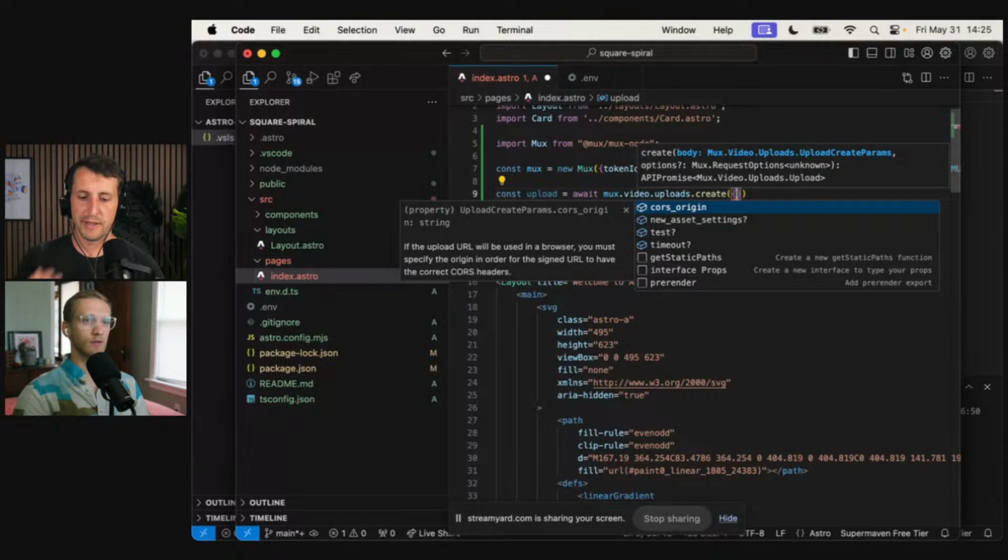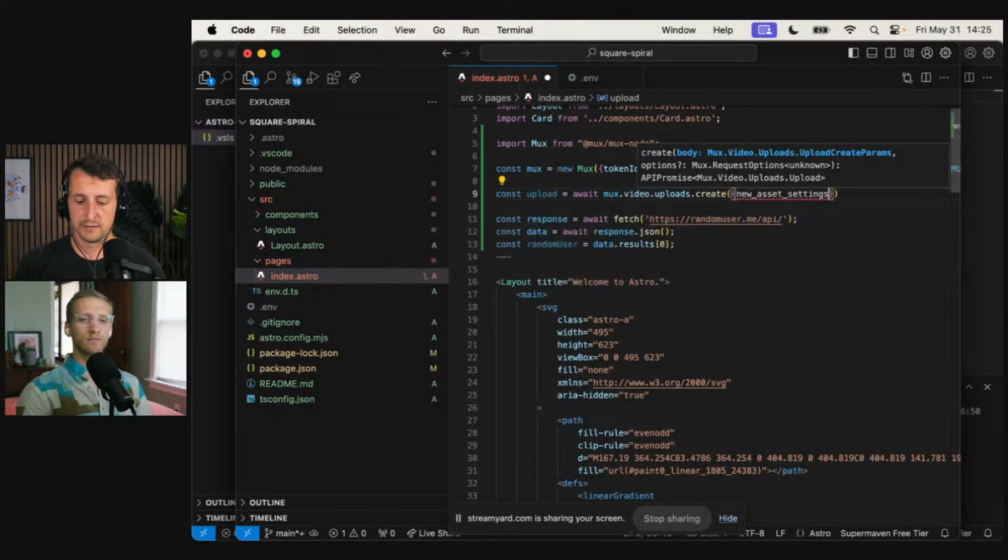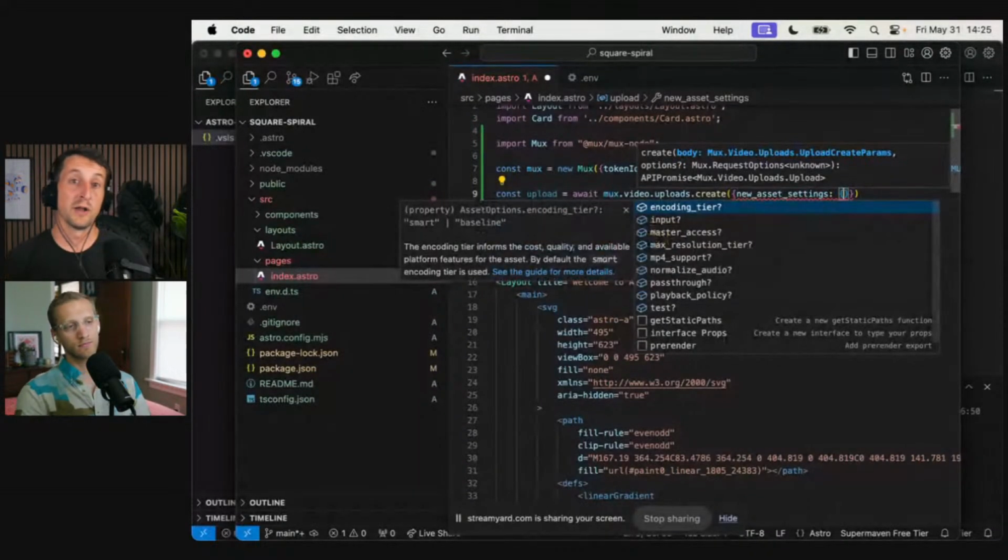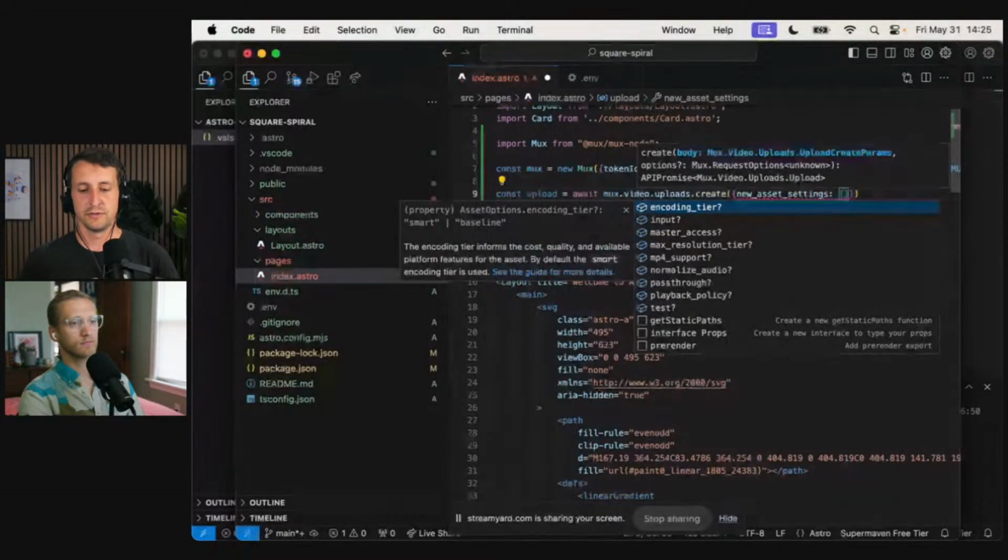And we'll delete it automatically, but it's a really great way to make sure that your integration is working without worrying about any sort of billing. And then new asset settings is the dictionary that we need to define to say exactly what we want to apply to this video. We have encoding tiers that give you different qualities or different resolutions available for the playback of this video. There's opportunities to set up auto-generated captions and that sort of thing.